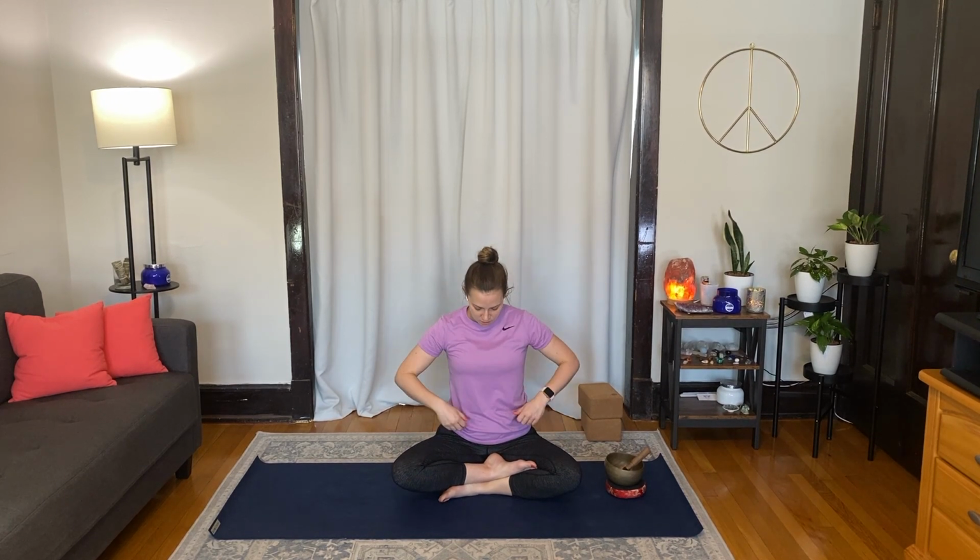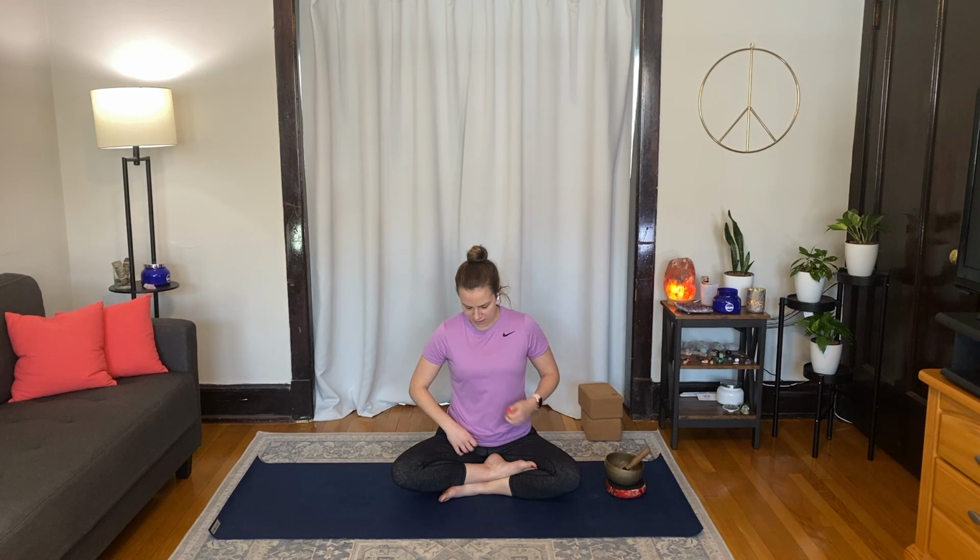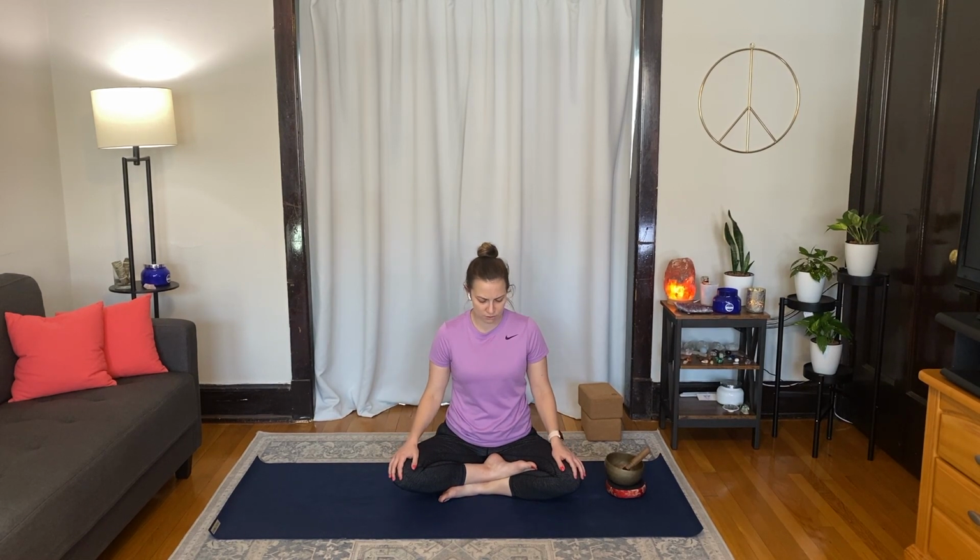And as you're in this final relaxation, like always, you are welcome to move through your own meditation, your own mantra, focus on your breath, whatever you need, but I will give you some affirmations that you might use or you might not. But channeling this energy of the heart chakra, maybe you think to yourself,